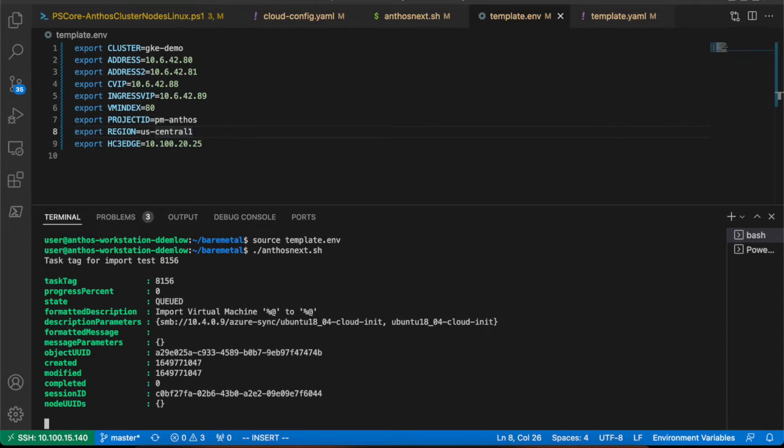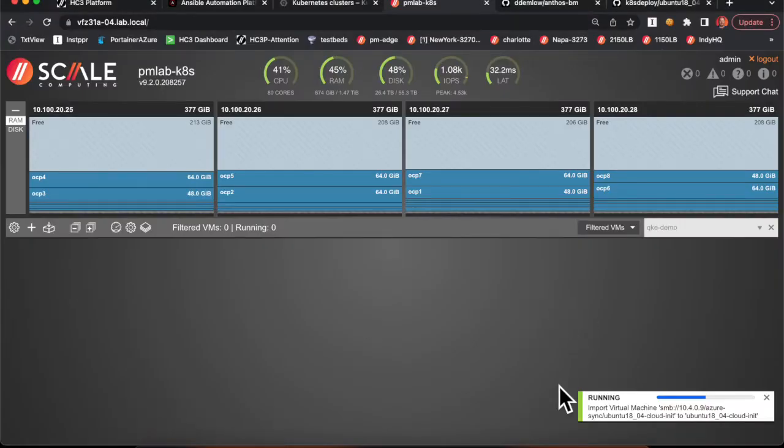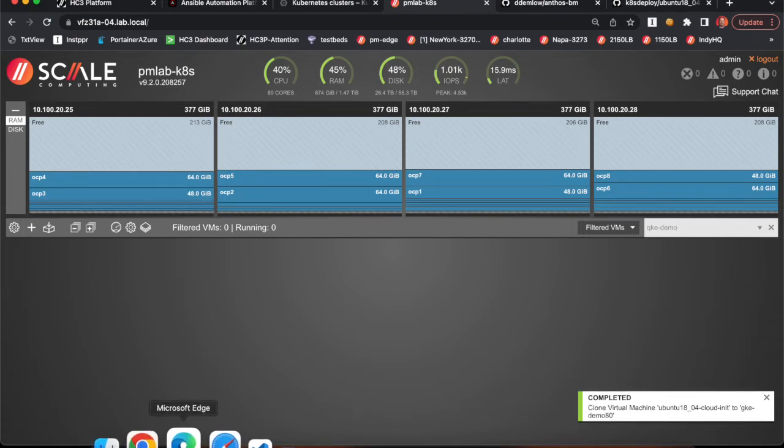The very first thing it's going to do is import that template VM. In this case, it's coming from an SMB share. It could also come from a GitHub repo or a web server, anything that's centrally located. If we switch over to the cluster, we can see that it's importing. That's already completed. And then automatically now it's going to go into the PowerShell portion, and it's going to clone